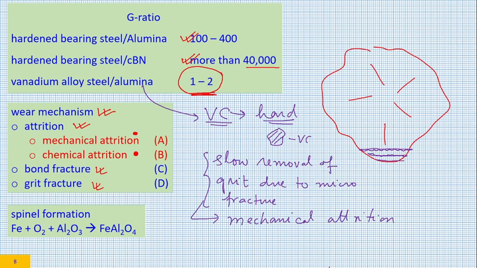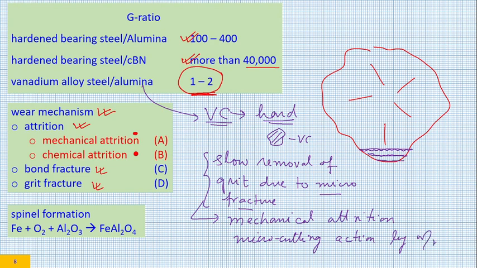So this is one very end of mechanical attrition, but mechanical attrition does take place even otherwise. There is no micro cutting, there is micro fracturing, that also may happen. So mechanical attrition is a kind of micro fracturing, and there is also micro cutting action